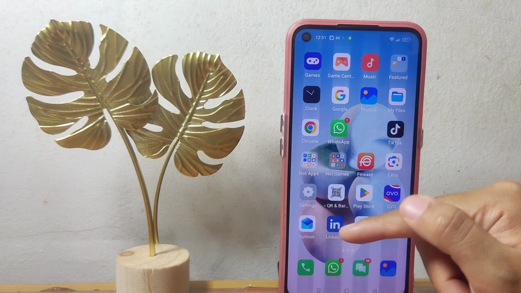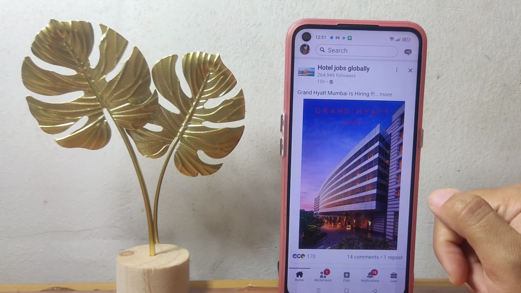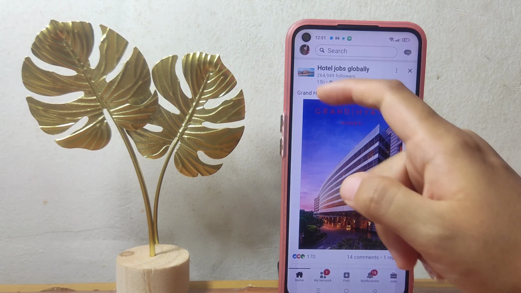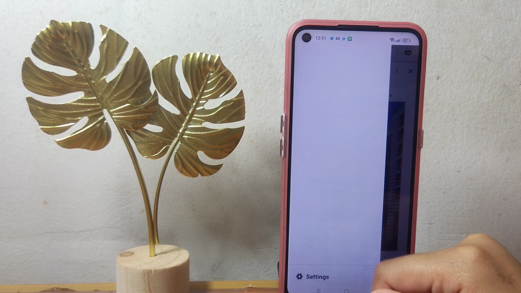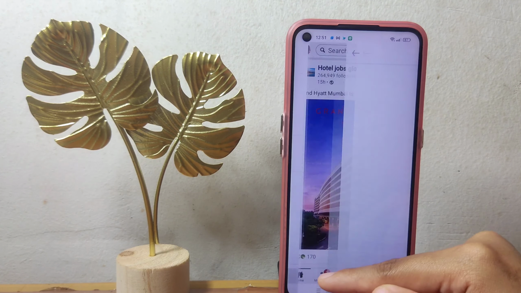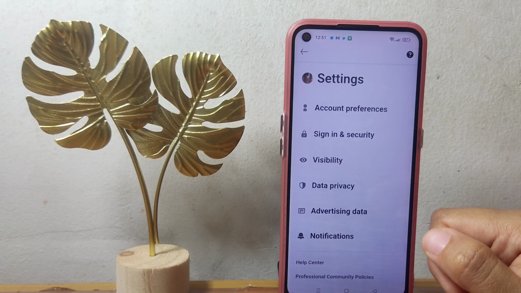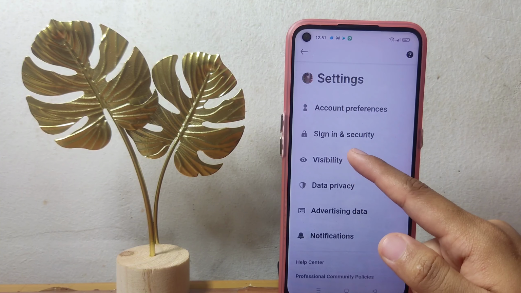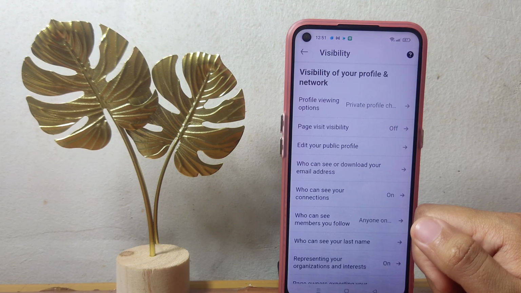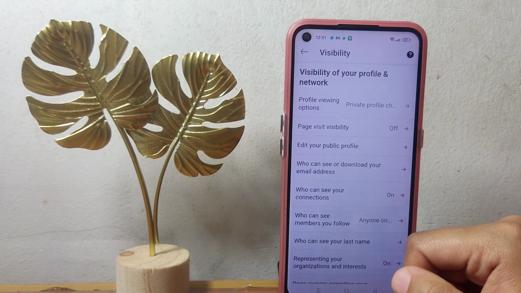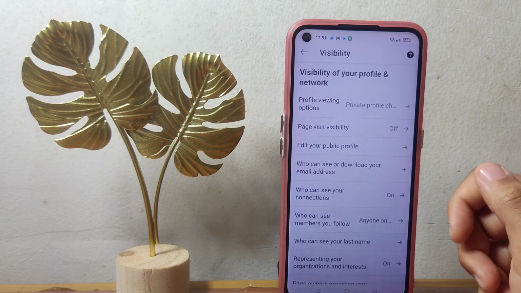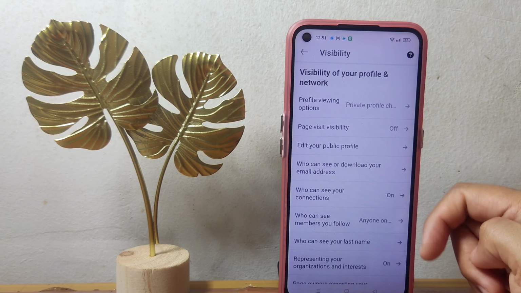Well guys, first things first, open your LinkedIn account. I'm going to open it via the application. Just tap on your profile and now go ahead to the settings. And in these settings, just tap on the visibility options. After that, you just have to adjust the setting for profile discovery if you want to change your profile visibility, and